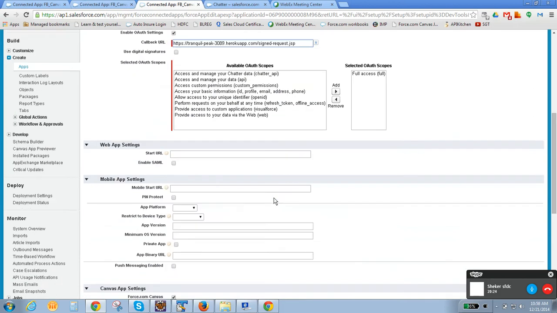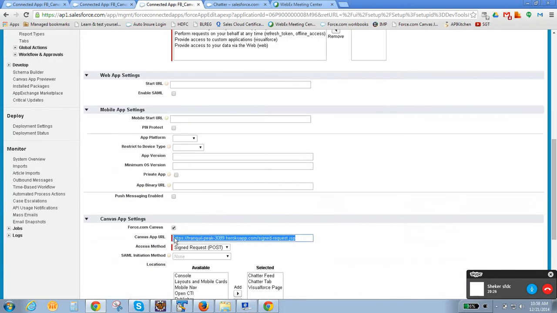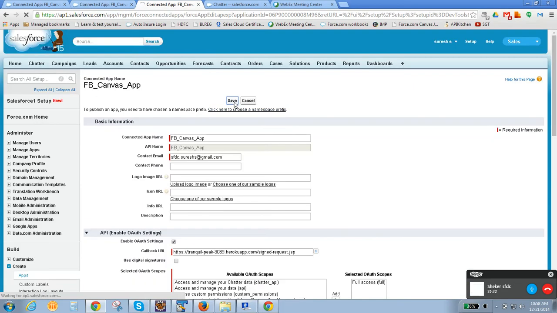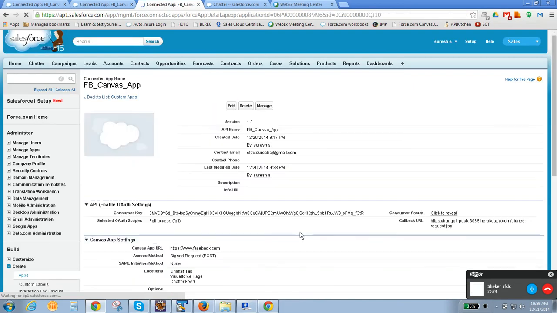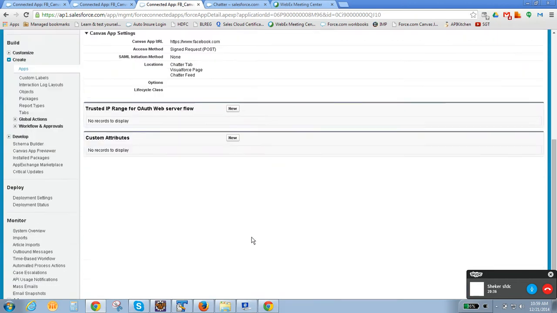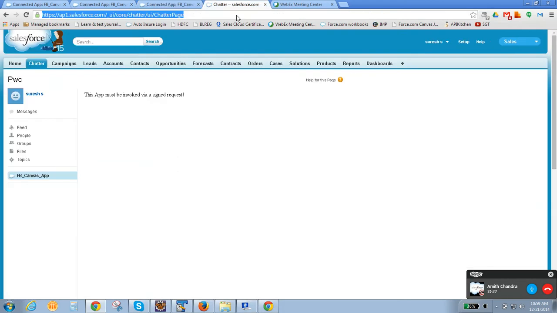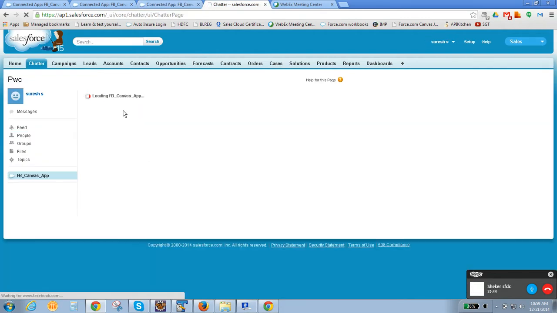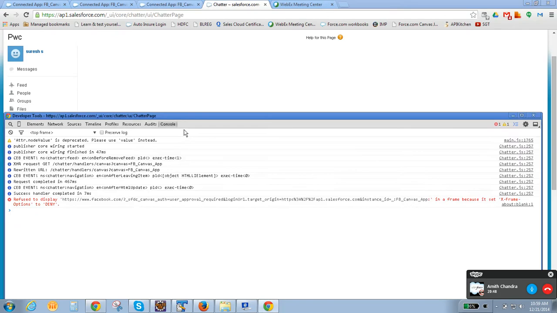This is the Canvas app URL, meaning which page you want to show to the user. You can put any kind of URL over here. Now it has been saved. Now go and refresh this particular Chatter feed and click on this. Now it should open. Why is it not opening?